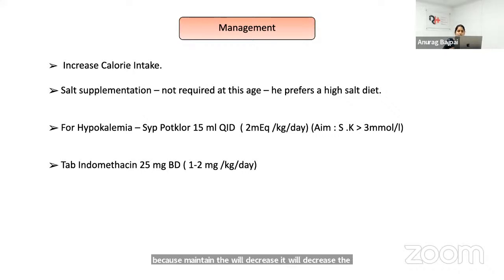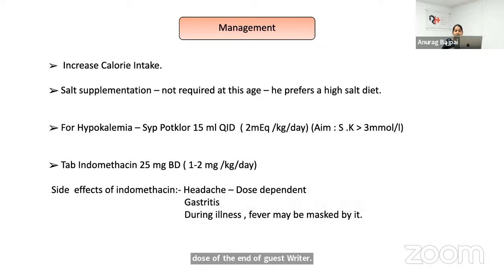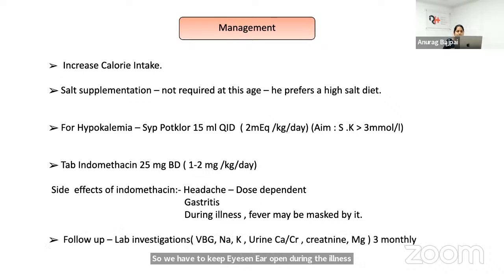Yes, sir. So we have to keep in mind the side effects of the indomethacin, like the headache. It is dose dependent. So we have to slowly titrate the dose of the indomethacin. Gastritis, so we have to give pantoprazole coverage along with it. And the main thing is, during the illness, fever may be masked by it. So we have to keep eyes and ears open during the illness and see the signs and symptoms of illness. And the follow-up should be done every 3 months, and we should do venous blood gas, sodium, potassium, urine calcium,